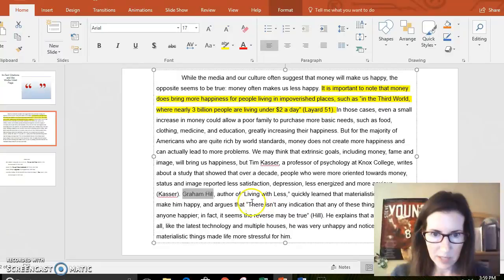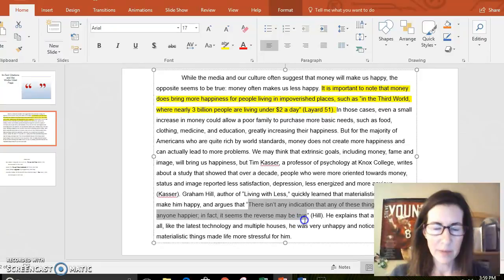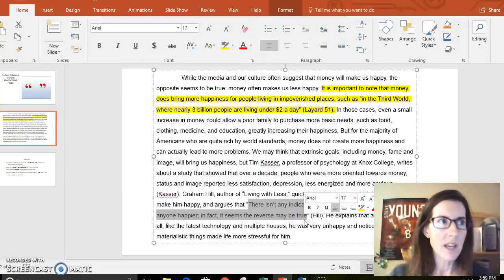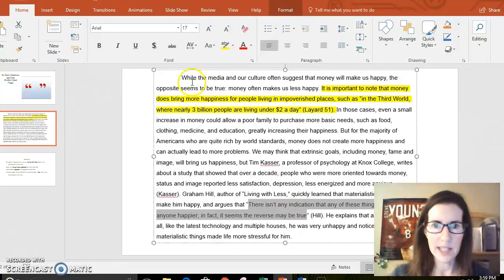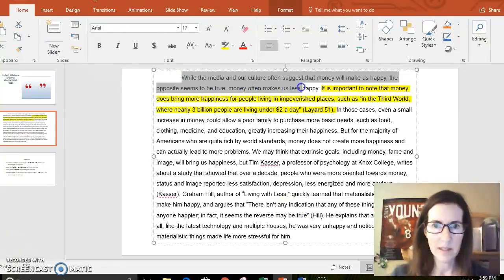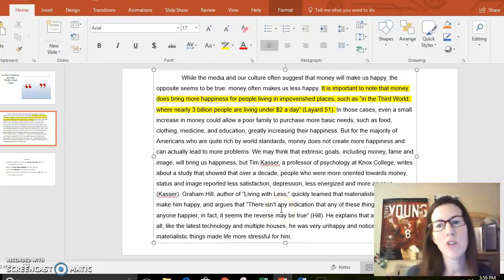And then the writer goes into the quote. So Graham Hill argues that there isn't any indication that any of these things actually make anyone happier. In fact, it seems the reverse may be true. So this quote directly supports the idea in the topic sentence. So the quote's supporting the idea that things that usually cost money don't always make us happy, and in fact may often make us less happy. So good, the writer's used a really good quote that supports the topic sentence,